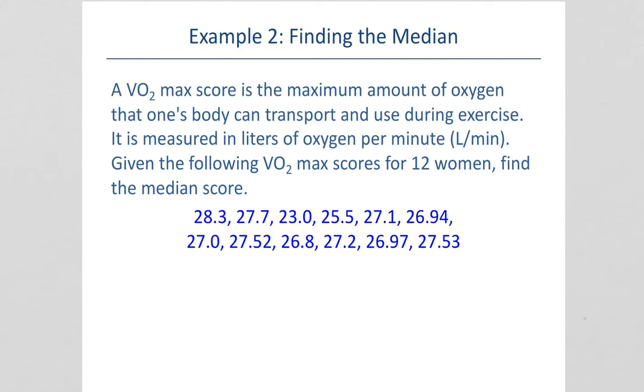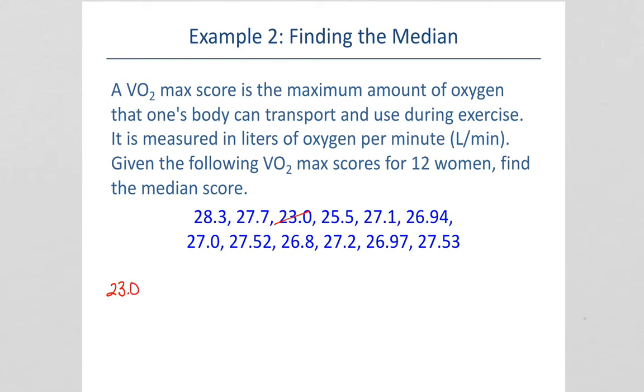So it says a VO2 max score is the maximum amount of oxygen that one's body can transport and use during exercise. It's measured in liters of oxygen per minute. Given the following VO2 max scores for 12 women, find the median score. So we need to put these all in order. And as we order them, I'm going to mark them out. The smallest one is